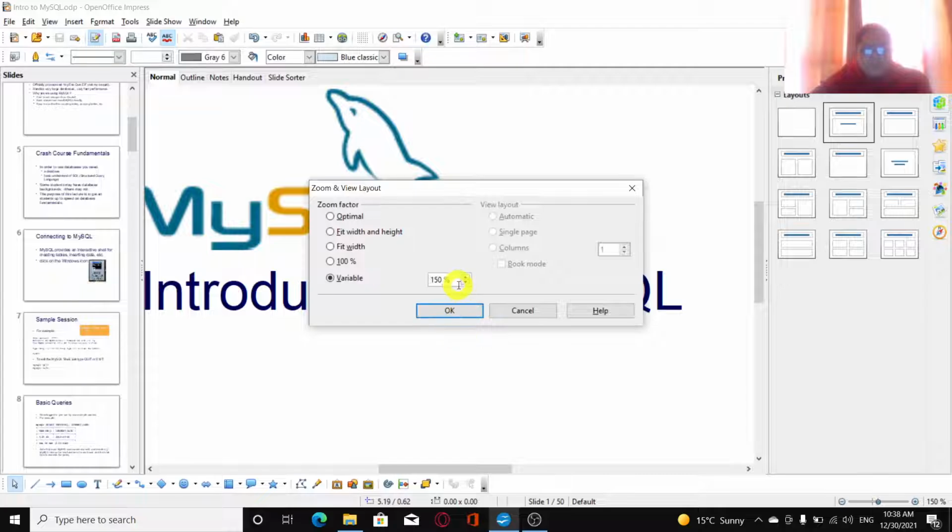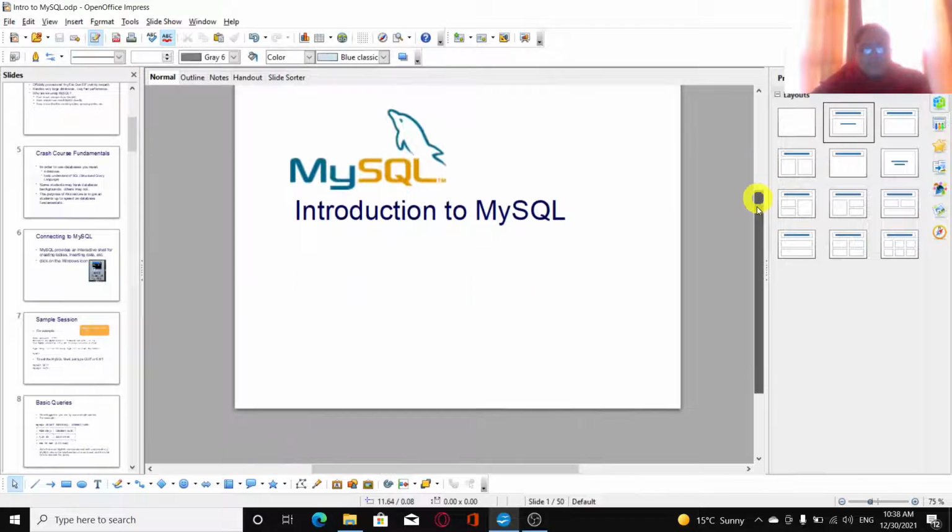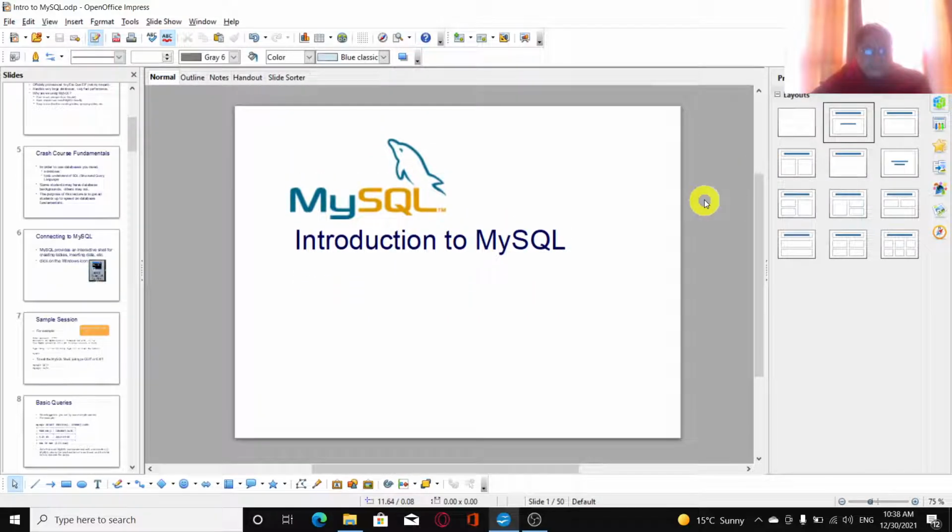And if you just bring it down to say 75%, you will be able to see that the entire presentation is visible here. But still you can see there is some space left, that is you can still increase the zoom, the magnification level of your slide to cover up the space.